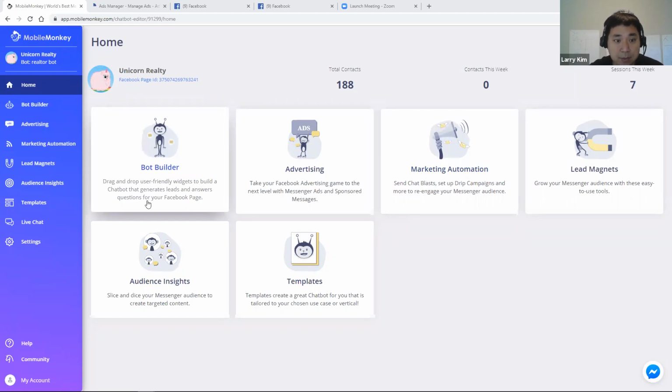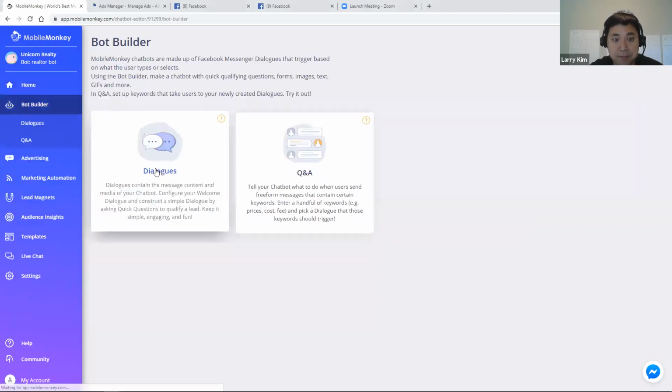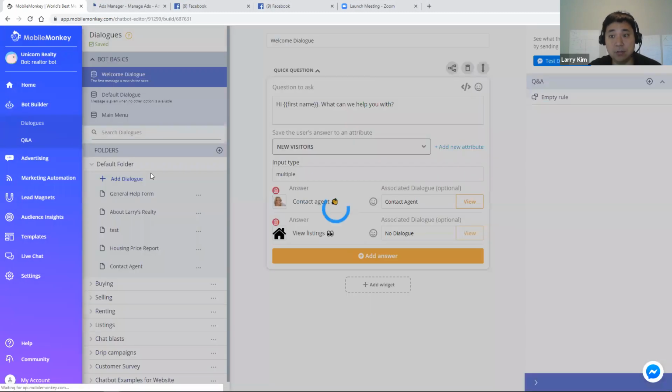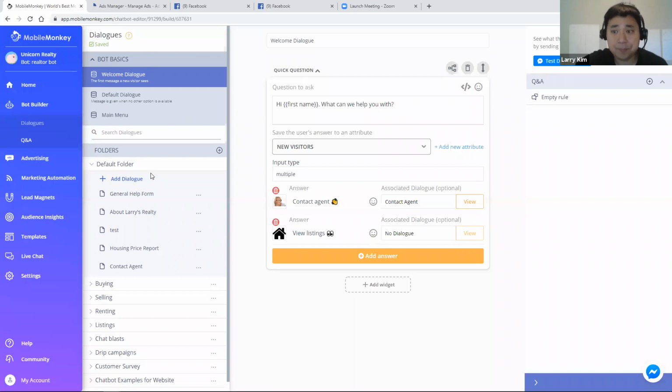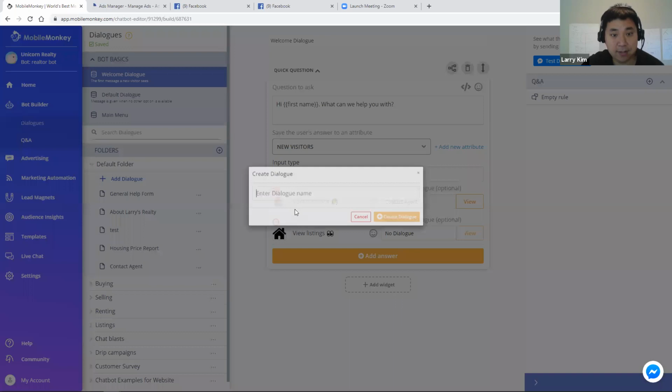Today, we're going to start by building a dialogue. So we'll go into the Facebook bot builder here, and then click on the dialogue editor. A dialogue is a way of creating content to send to the Messenger user. It's like how you need to compose an email when you're doing email marketing. So I can click this button that says Add Dialogue, and in this